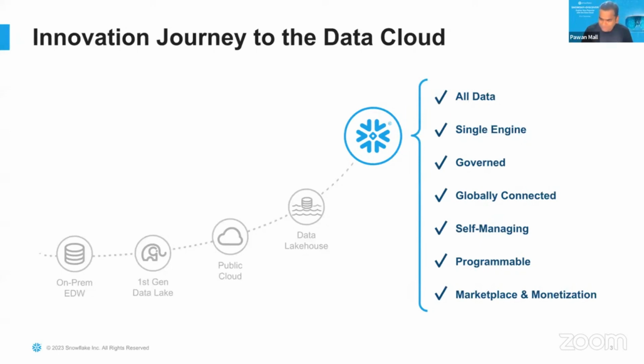It's a globally connected platform. Many of these organizations, the 8,500 plus customers I was talking about, are on different clouds, in different regions. And because Snowflake has a feature which we call Snow Grid, which allows us to share data and have access to the data across different clouds, cross cloud and cross region, they can enable a lot of data sharing, for example, within their own org or external to their organization. So this is one of the very key benefits of using Snowflake as a platform. And this is something which you get by default when you load data into Snowflake.